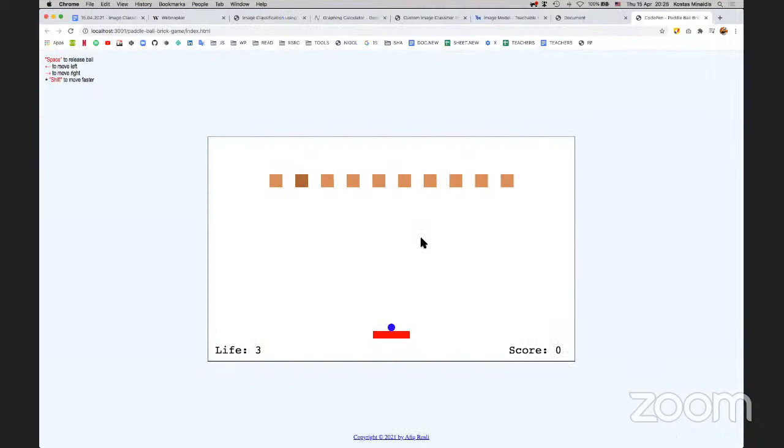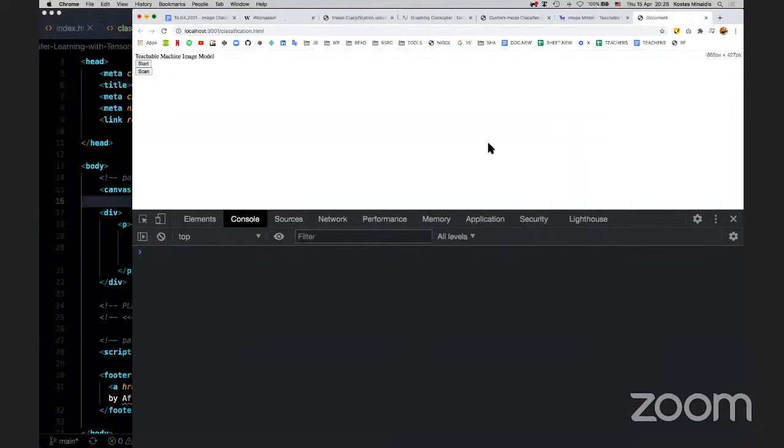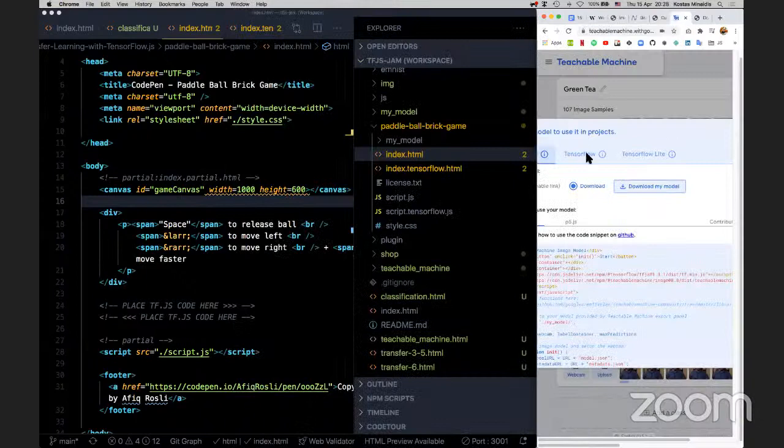So it's this game where you can hit the left and right arrow keys to be able to play this game. So I found this game and I decided to use machine learning to be able to play it with movements of my head. So what I did is I went to the Teachable Machine